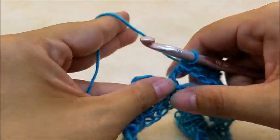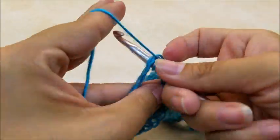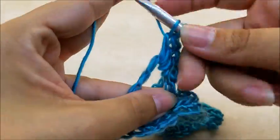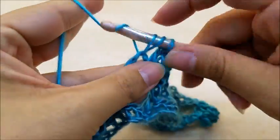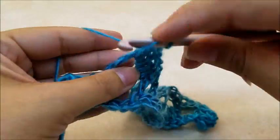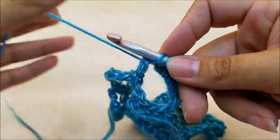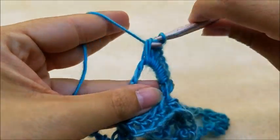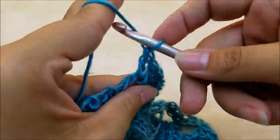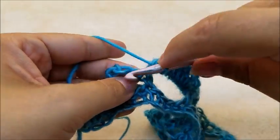And then this next chain 5 space we'll get 9 double crochets. So there's 1, 2, 3, 4, 5, 6, 7, 8, 9. 1 single crochet into the next chain 5 space,